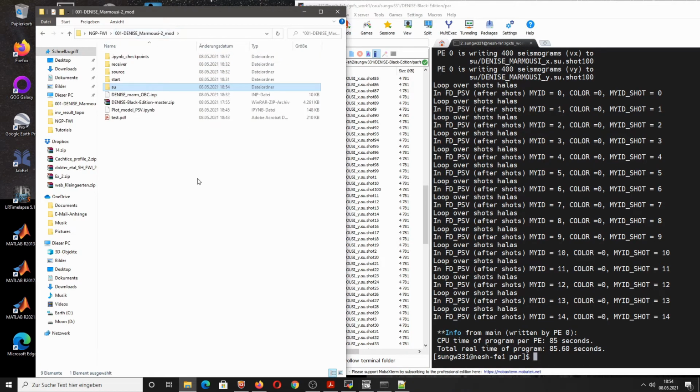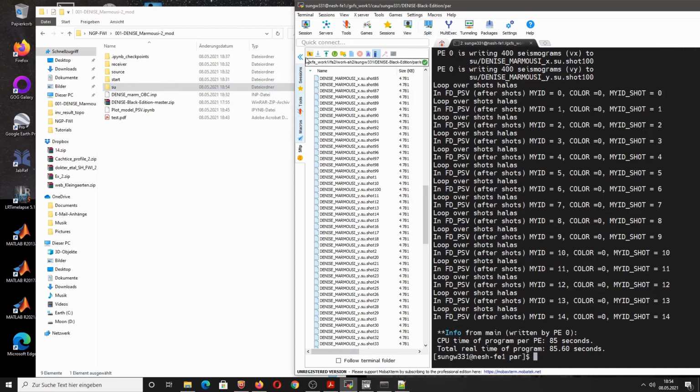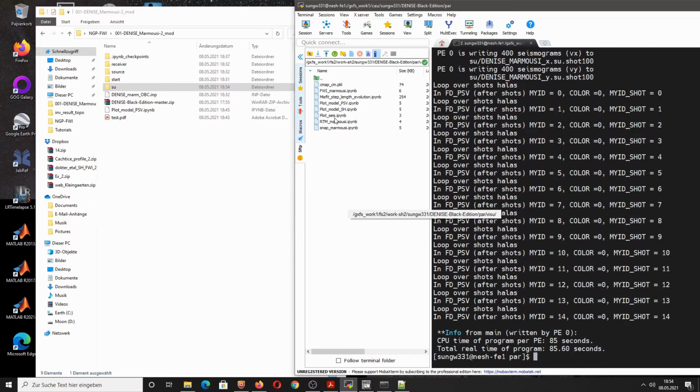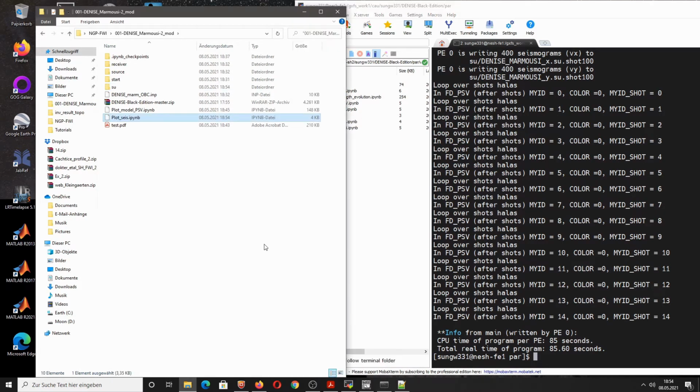Let's try to visualize them. And to visualize them, we have to go again into the visualization folder of the Denise par directory and copy this Jupyter notebook called plot SU, so seismogram plotting.